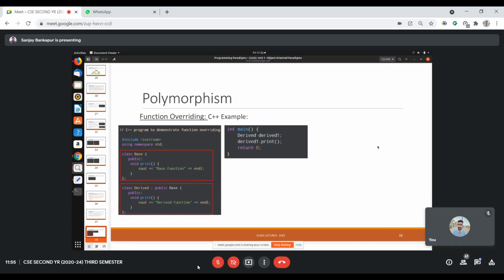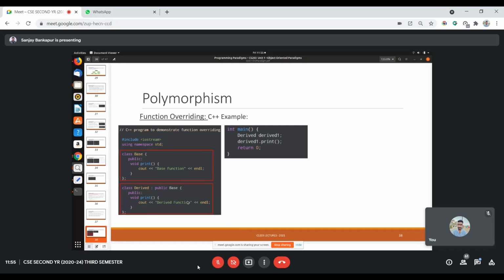In both the cases, if I don't mention this part, if I don't mention at all that the function is called from this derived object, it will just print the base function, because this function is also available in the child. That is inheritance. By default, the parent's properties are what the child also gets. That's how the real world concept is. By default, parent attributes and methods are also available at the child's level,